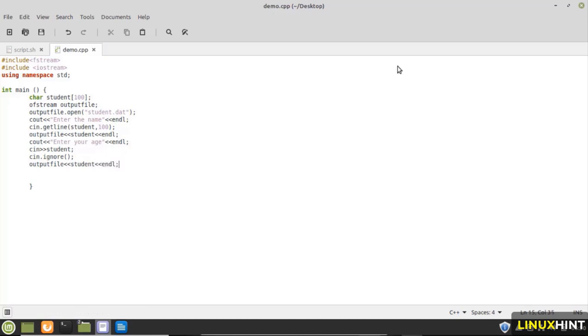So that is how you can write the data into the file. After writing the age value into the file, we have to close this file. So now we have to read the data from the file. So let me comment a line here, reading the data